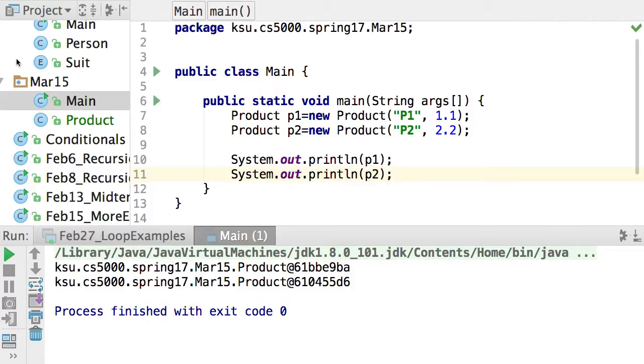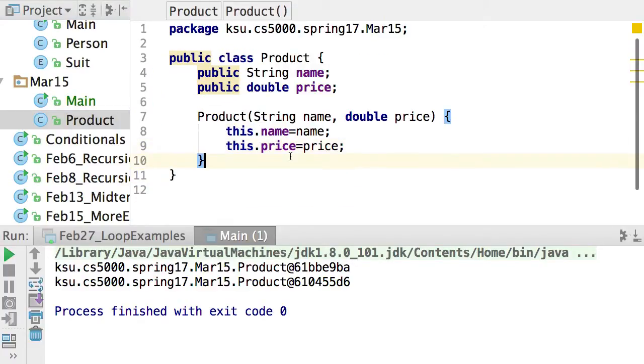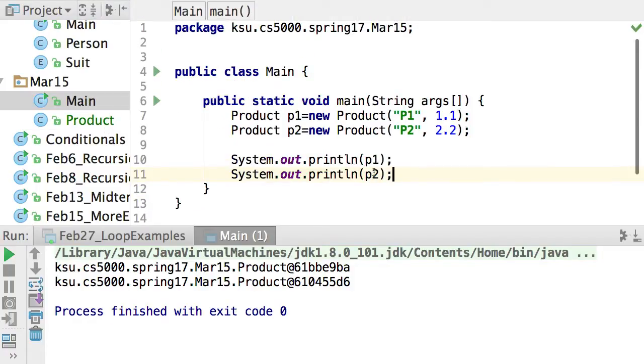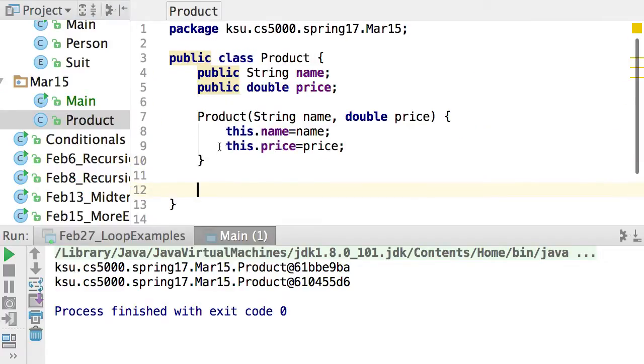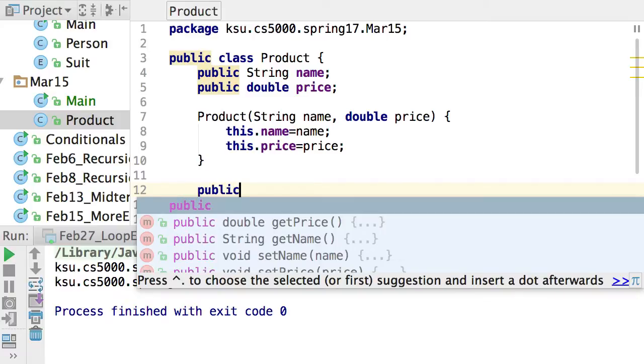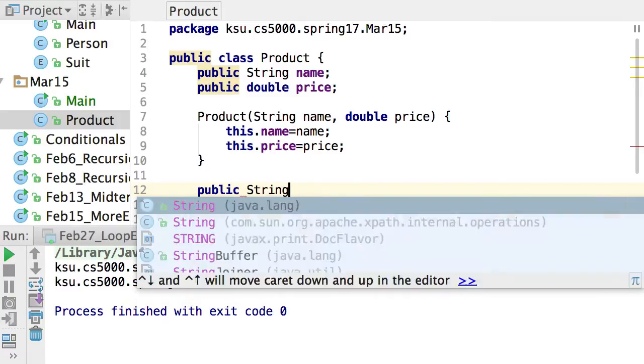Yes. What's the name of the method that gets called when you print this guy, right? It's toString, yeah, right? toString, right? So we need to define public String